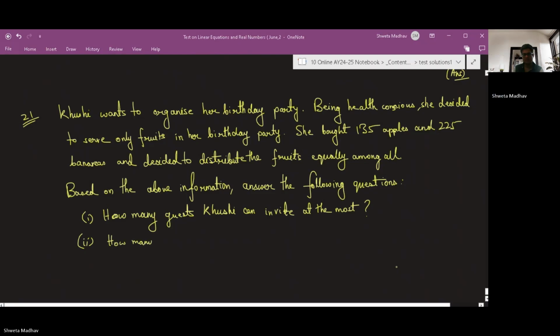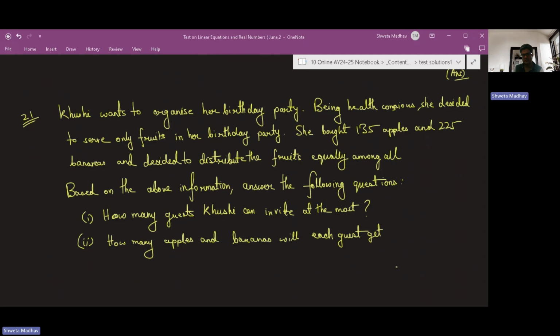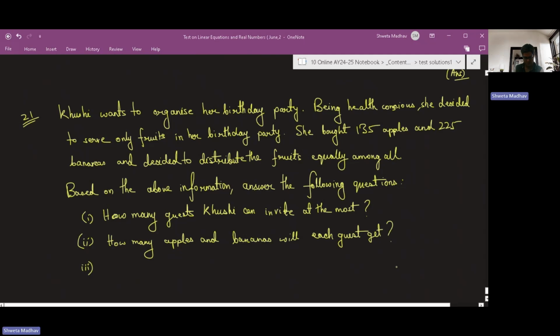And the third subpart is, if Khushi decides to add 180 mangoes,